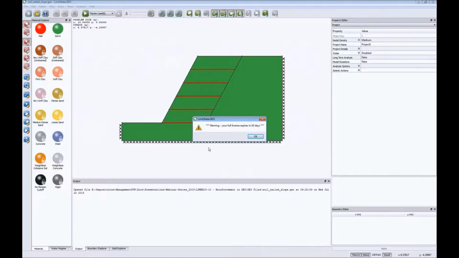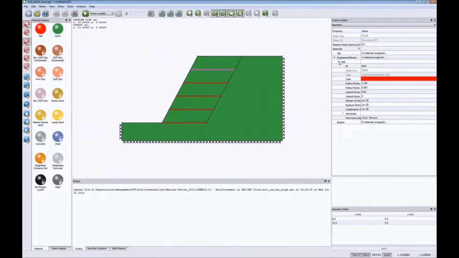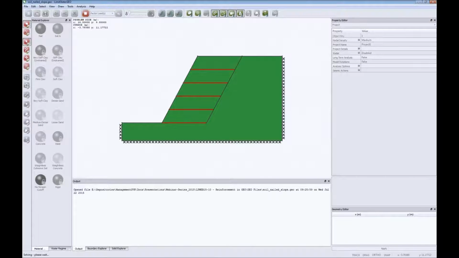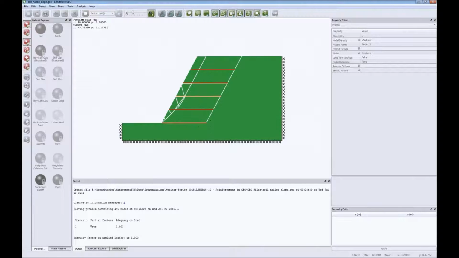Let me just find that one, yep. So that's the problem, and if I click on one of these items here, that's the soil nail, and you can see these properties that we specified for pullout. And you can see I've put a small lateral factor in, 0.01, to stop them floating. And we've set the rupture strength to infinity, so we're not worrying about failure of that. So again, I just click solve, and in this case, the software